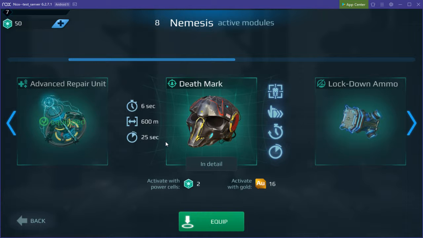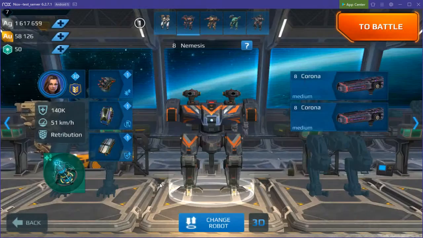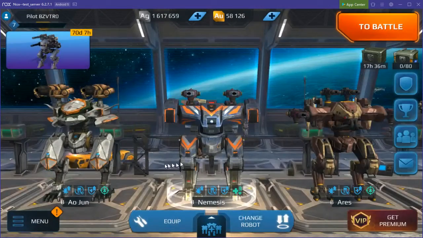Death mark. This will mark the chosen target to temporarily receive increased damage for 6 seconds, 600 meter range. So cooldown. Now, it does mean that you're essentially doing a bit more damage, but you're losing the ability to do quantum radar, meaning anti-stealth or self-repair. Alright, and then what else is new would be